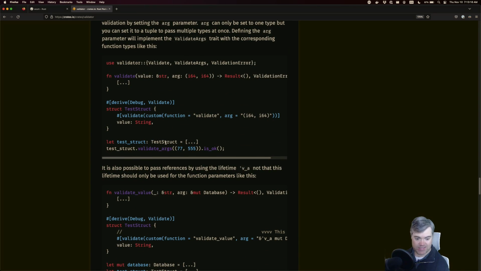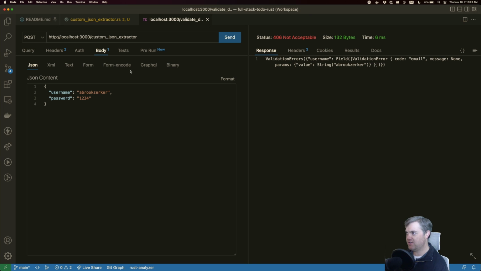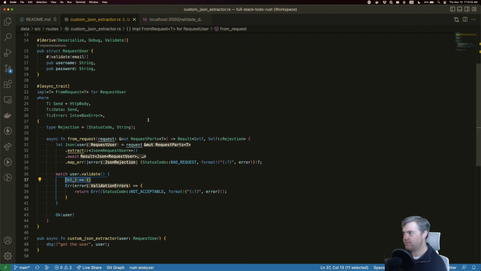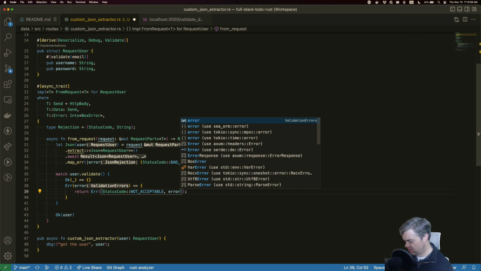I was hoping I could pass in a better... Doesn't their implement display? I might be thinking of other errors. Let's try it. So if I implement display like this, I'm so used to this error and other errors that don't implement display. So if I just do an error like that,